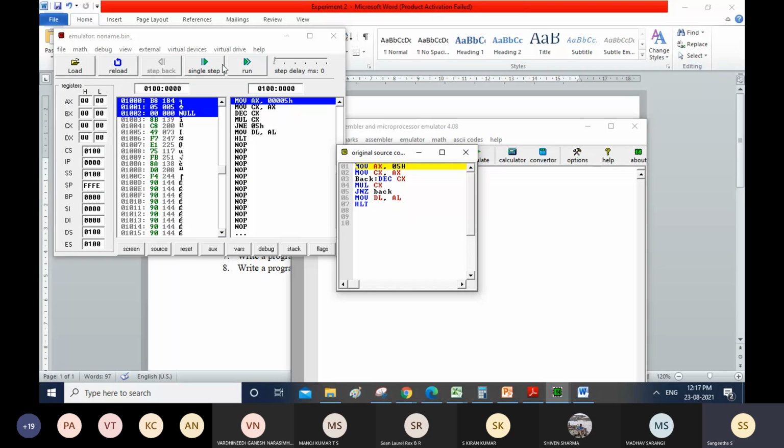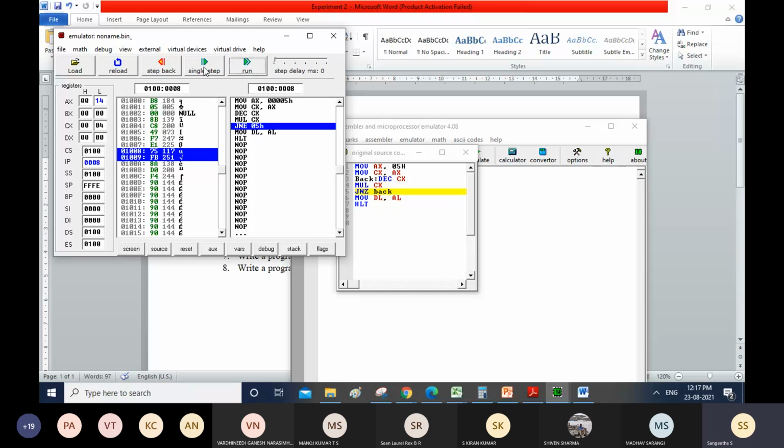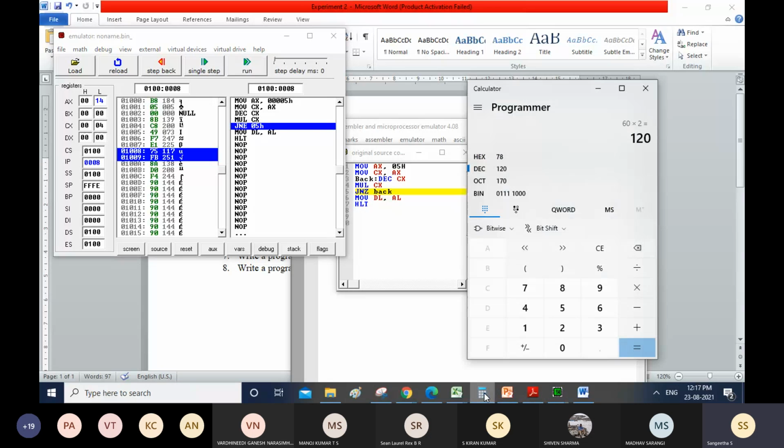So first, instruction 5 is stored in the lower part of your AX, and in the next step it will be moved to CL. Here I have given the statement decrement CX. So your value will be decremented and multiplied with the value you had previously in CX. So it will be 5 into 4, and you get 20. Since it is a hexadecimal representation, you can see the value of 20 will be 14. So again, it will go back to this loop.